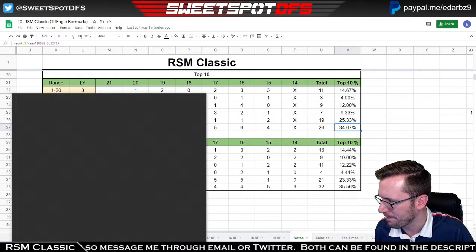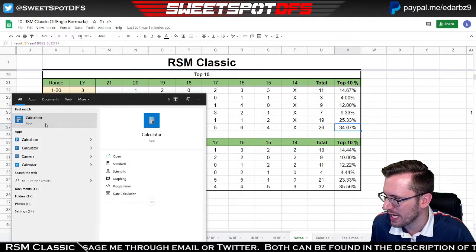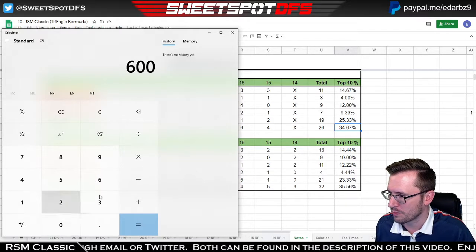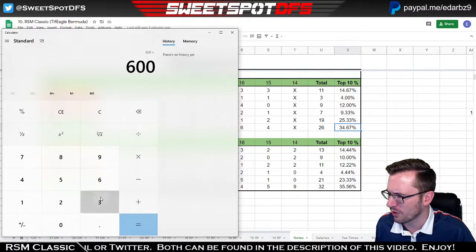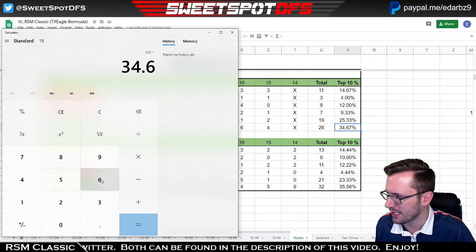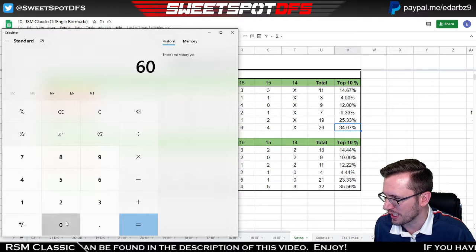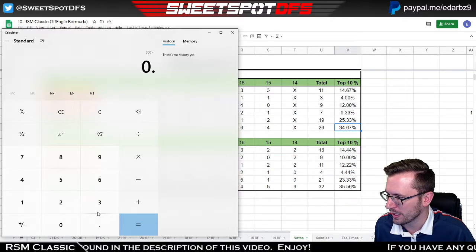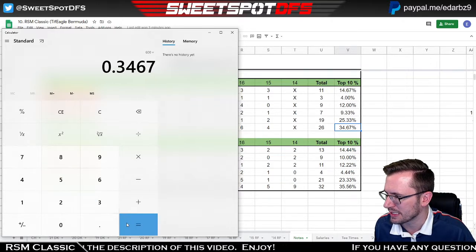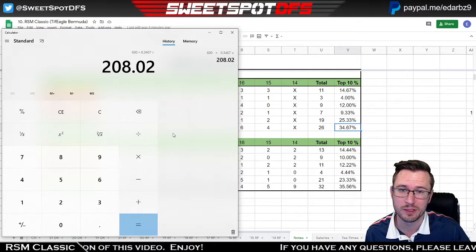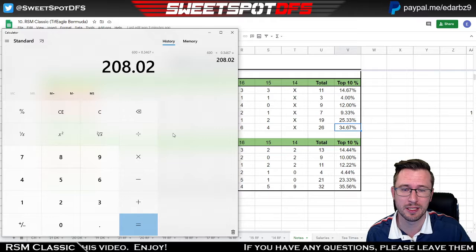I know a lot of you guys probably don't have the time to do something like that. I know a lot of you guys probably don't care or don't create that many lineups. But I can just give you a sense of what that looks like. So 600 times 0.3467, that's your easy way of doing a percentage. So 208 of my lineups. So if I'm creating 100 lineups,